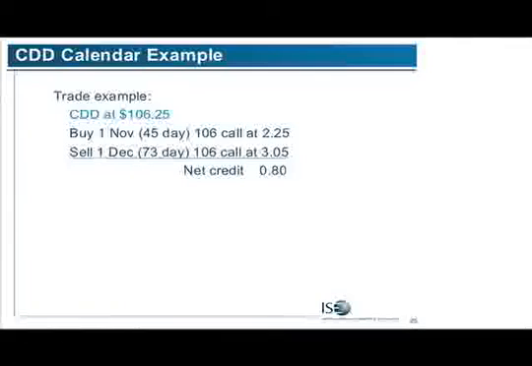If you buy the 106 calendar, just to refresh, as Dan said, you want CDD not to move that much. It actually moved all the way down to 102, and then it closed around 105 today. So common sense would tell you, well, maybe it's worth a little bit less since it's down to 105 versus 106. Yeah, I know theta's working for you, so that helps you a little bit. But it closed at 106, I think, primarily because, as Dan said, volatility went up in the last 6